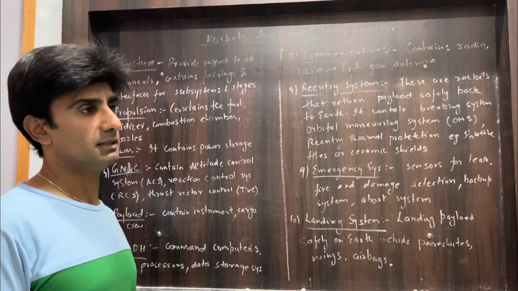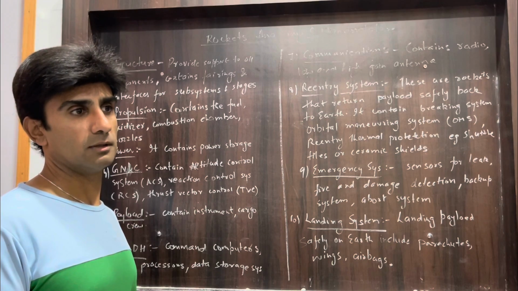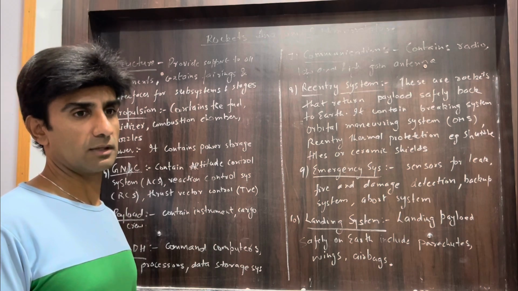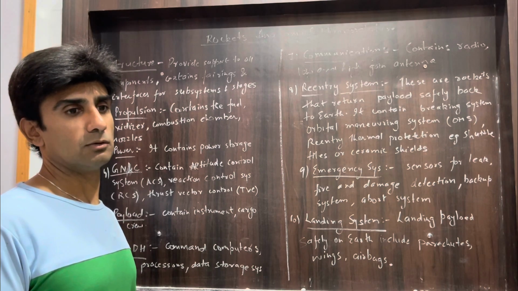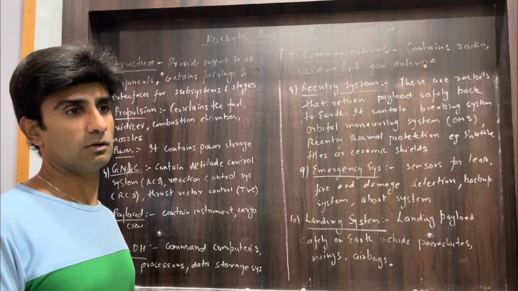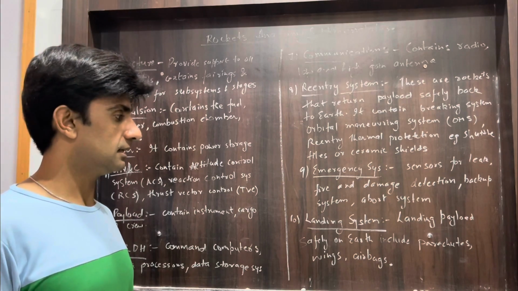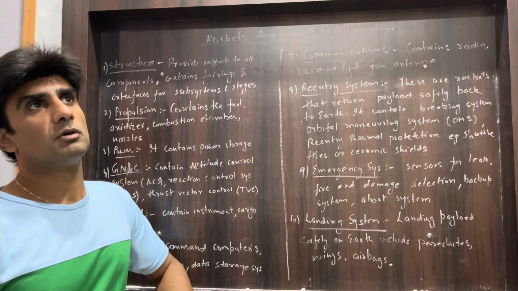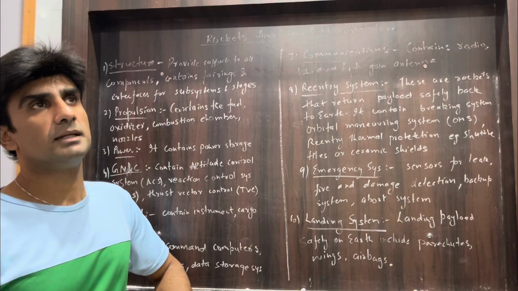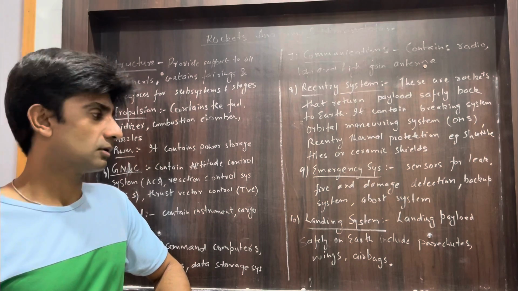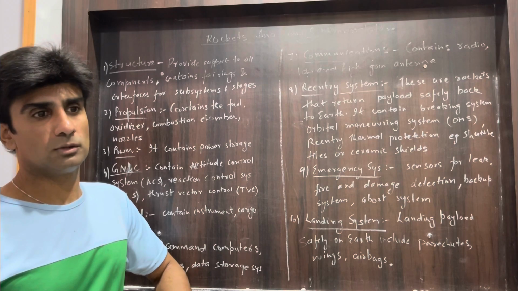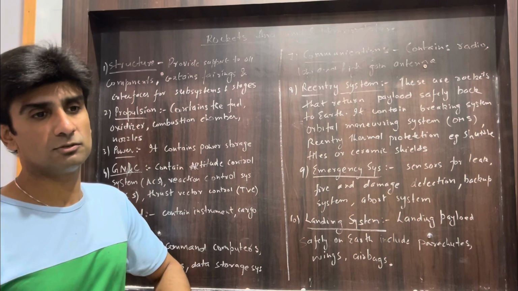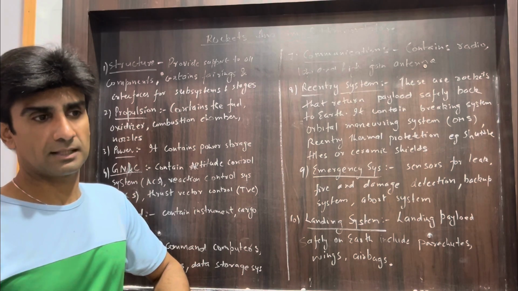Emergency system are the abort system that are now installed in the modern rocket that help the crew member to get separated from the rest of the rocket in case of any emergency explosion, to land back the payload onto the earth because the rocket is coming at very high speed, so it needs some sort of device that help to reduce its speed. So it includes parachutes, wings and airbags to protect the crew member from the high speed of the outer atmosphere.